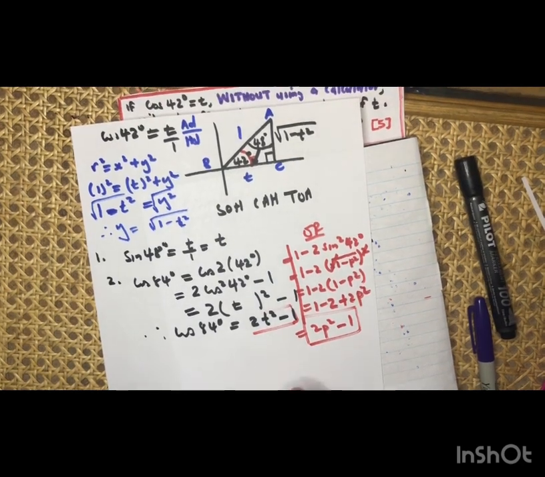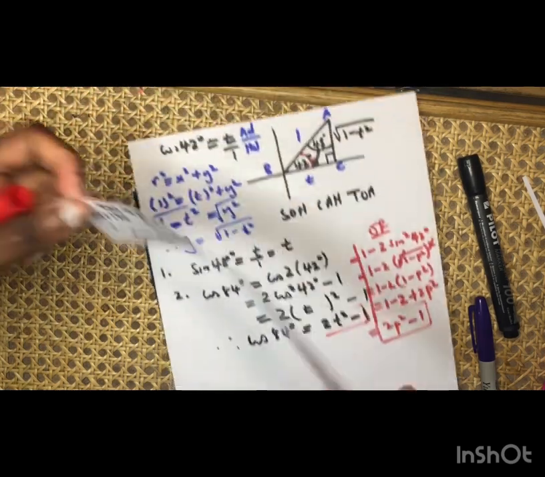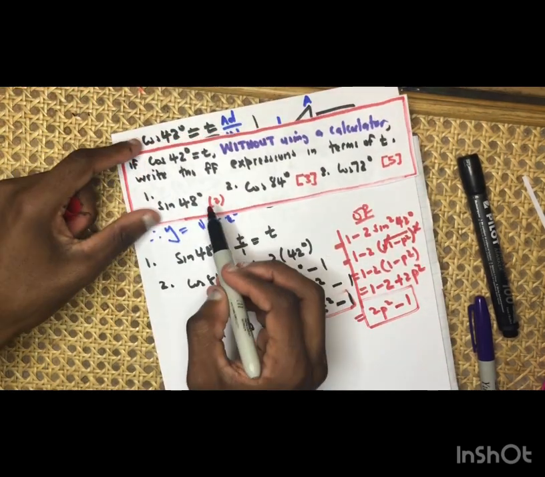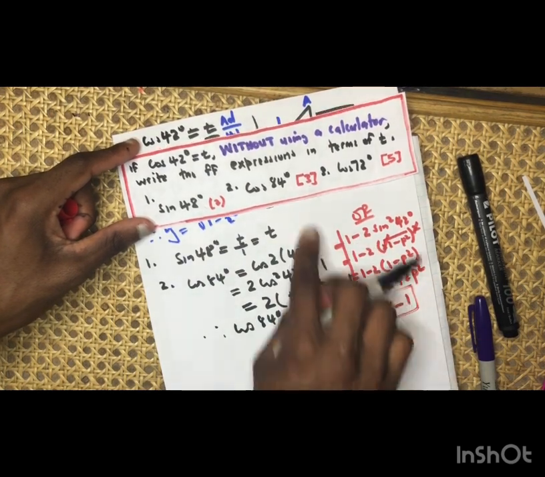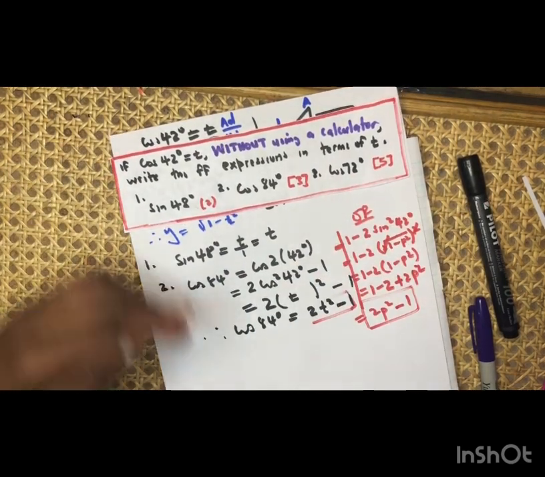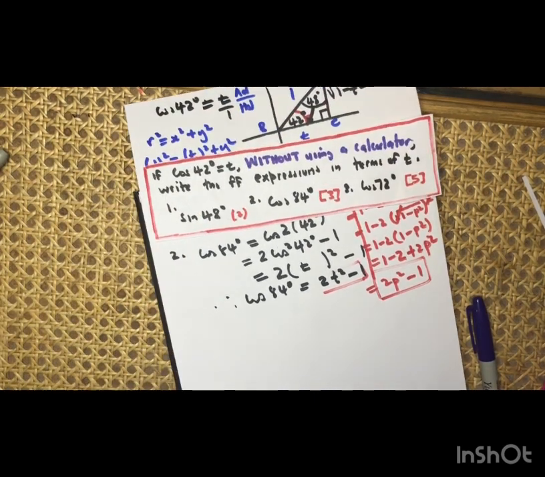So are we together? So let's see number 3. Okay, guys, we allocated the marks here. Number 1 was 2 marks. Number 2, this one, was 3 marks. Then we have this one, which is 5 marks. So we are looking for